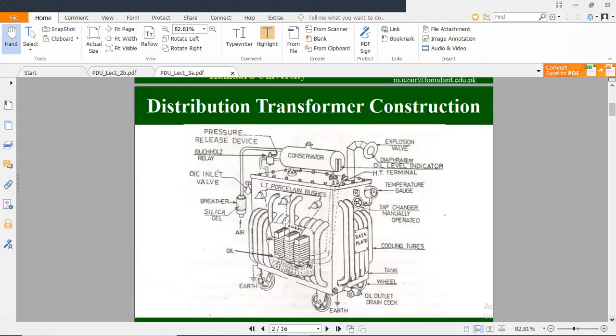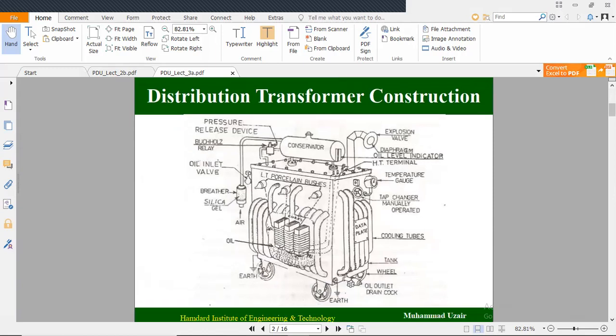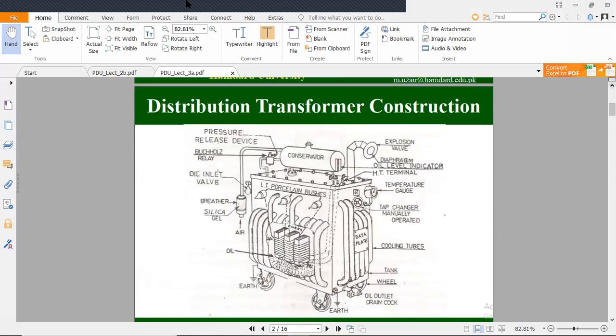So moving towards the next section of the distribution transformer, which are the further parts. There is a conservator tank, also called the conservator, and pressure release devices, the pressure relief valve, which we can also see here, and the Buchholz relay, which is placed here. We already told you that the Buchholz relay is used to find or indicate an internal fault of the distribution transformer. For the sake of simplicity, we use the Buchholz relay for this purpose.